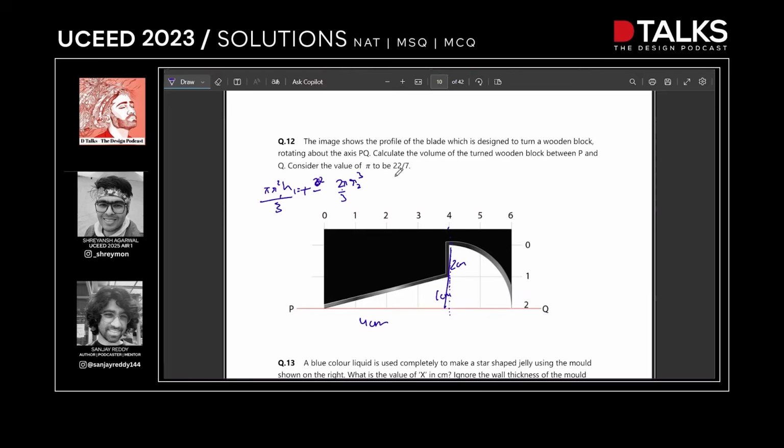So now I'm just going to take pi common and let's find the value. Inside, it's r1, so r1 is 1 centimeter. So 1 square times height 4 divided by 3 plus 2 thirds of 2 cube. This is going to give us 22 by 7 times 1 by 3. I'm going to take 1 by 3 also outside. 4 plus 16. This gives you 22 into 20 divided by 21, which is 440 divided by 21,